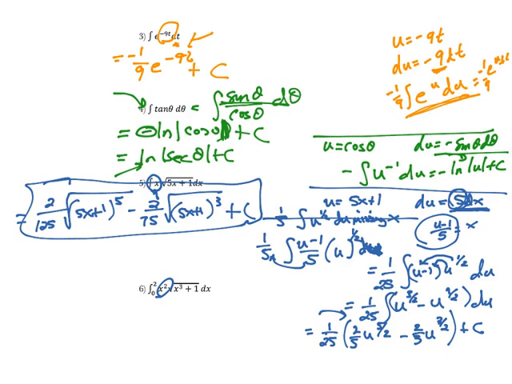So I go back to a little bit of an easier one. Now, I don't have a whole lot of room to write this one, so I'm going to go to the next page and rewrite this problem so we can work it out. I'm going to leave space for 7, so I'm going to come back down here to 6. So 6 was a definite integral from 0 to 2 of x squared times the square root of x cubed